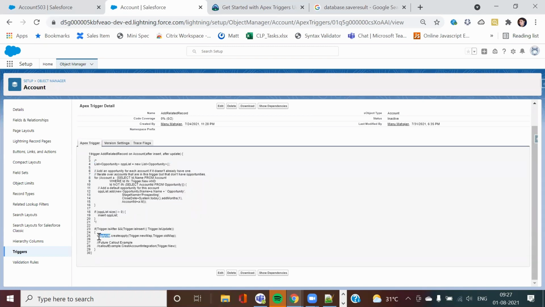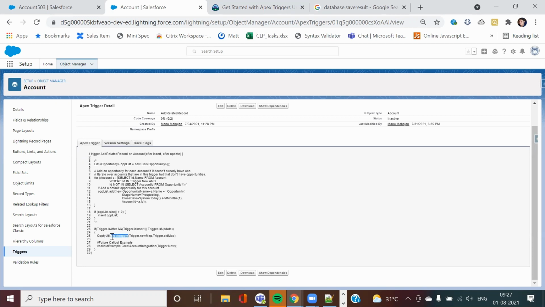Here, I have created one handler class, OptiUtil, where I am creating the opportunity. Let us go one by one. These trigger events, this is the trigger context variable which I have used here. What I want is, whenever my operation is after, that is one part. Apart from that, is my operation insert or update? If all of this condition is satisfied, this utility class is going to get called, and inside that I am going to call the method createOpti.